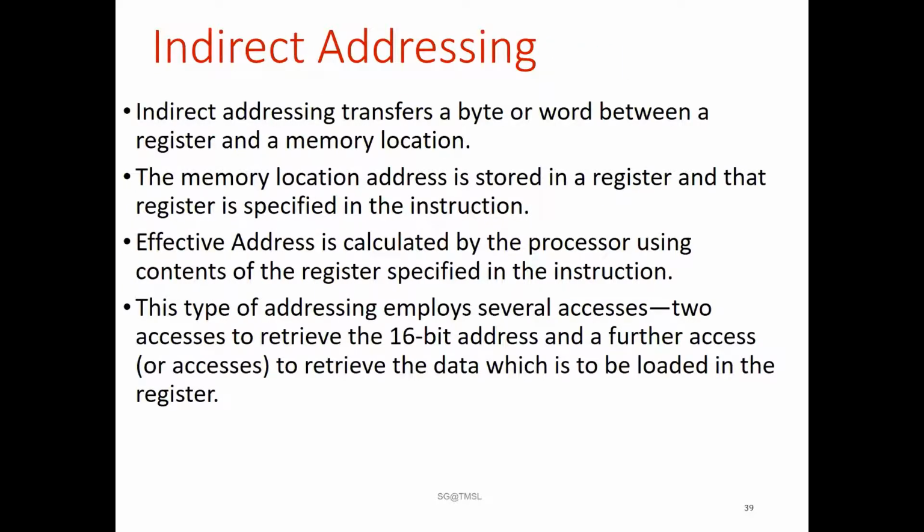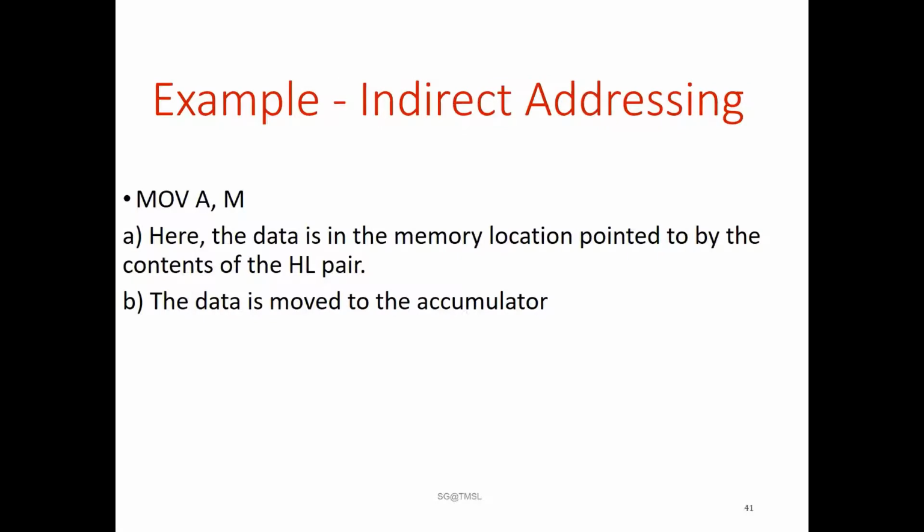The next category is the indirect addressing mode, where this type of instruction is available. This is a very, very important instruction, and from tomorrow you have to use this instruction every day. You must clear this concept. Move A comma M. You can write it as move A comma M, also move B comma M. All the possible combinations using 7 programmable registers, like move A comma M, move B comma M, move C comma M, move D comma M, move E comma M, move H comma M, move L comma M.